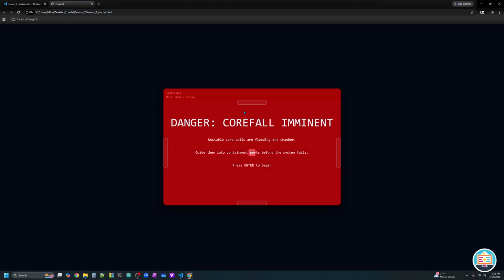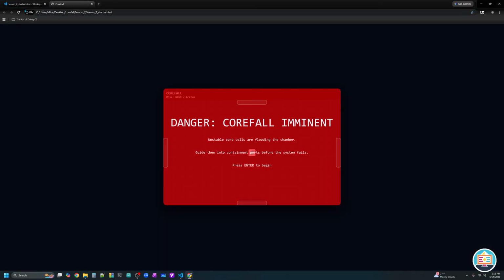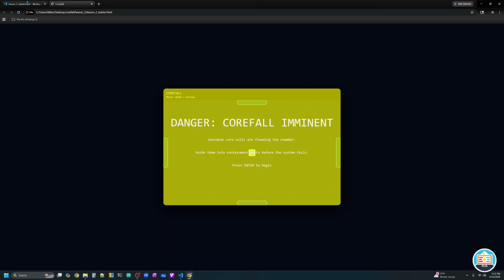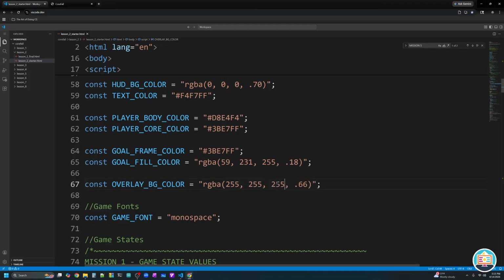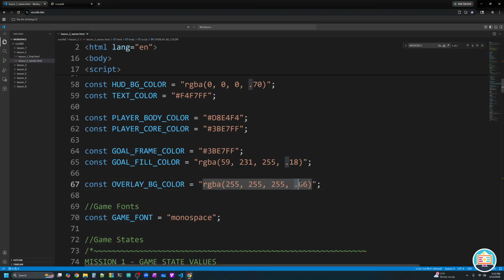Whoa, that's actually kind of cool looking. I sort of like that. Maybe I'll keep that. And if I want some green in there, all the green, I'll put 255. Ooh, I don't like that. That's a little bit too bright. And if I put all the blue in, 255, it gives me white. Now you can see we have this transparency behind it because this last number right here